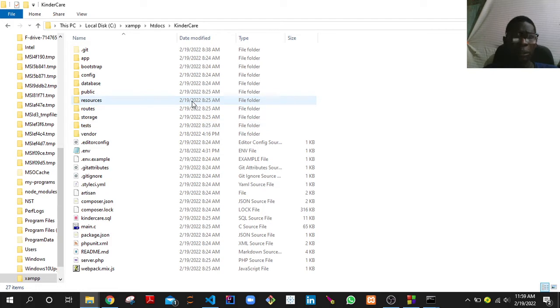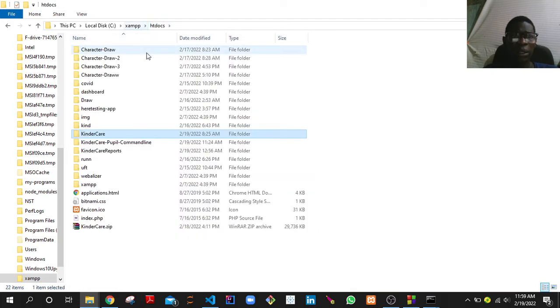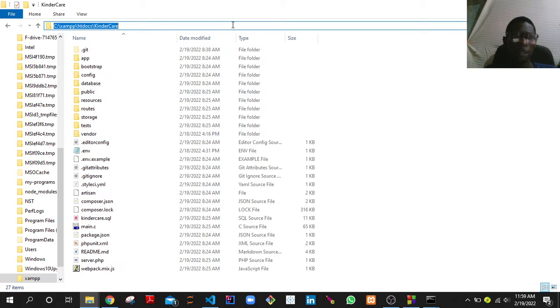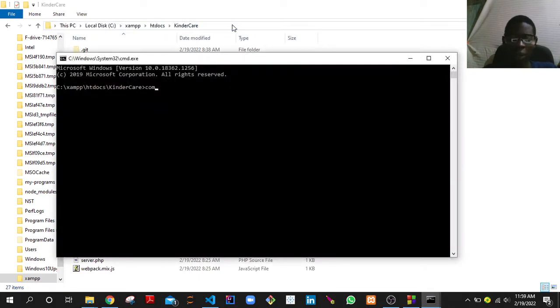This is how the project can be run when it is installed inside XAMPP htdocs and the server is running. I can go to the KinderCare project and run the terminal here. Since it's a Laravel project, I can first do a composer update to run it on my machine and install all the necessary dependencies. For the first time, this is going to take some time,